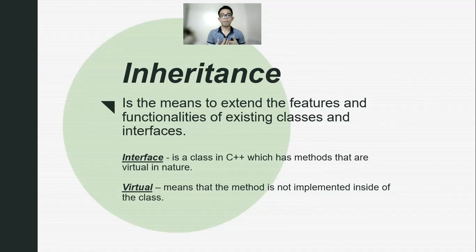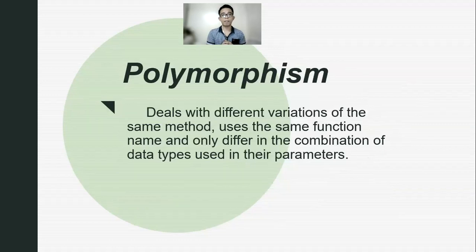Okay, so in this principle, there is a prerequisite of at least one existing class or interface. Okay, so as I have mentioned about interface, it is a class in C++ which has methods that are virtual in nature. Okay, so last one, we have the polymorphism, which deals with different variations of the same method,